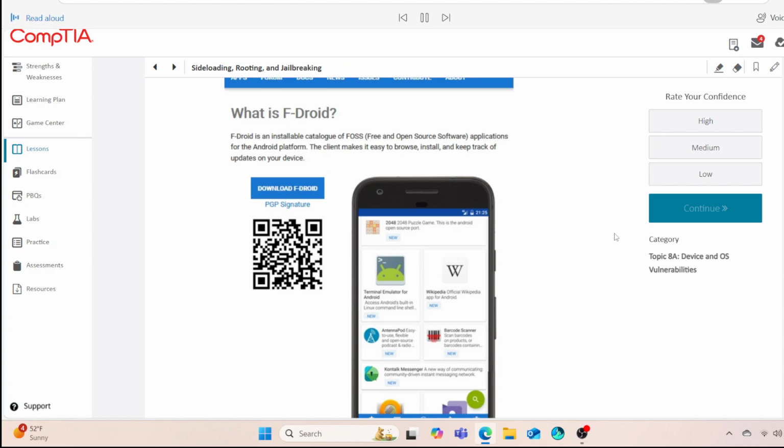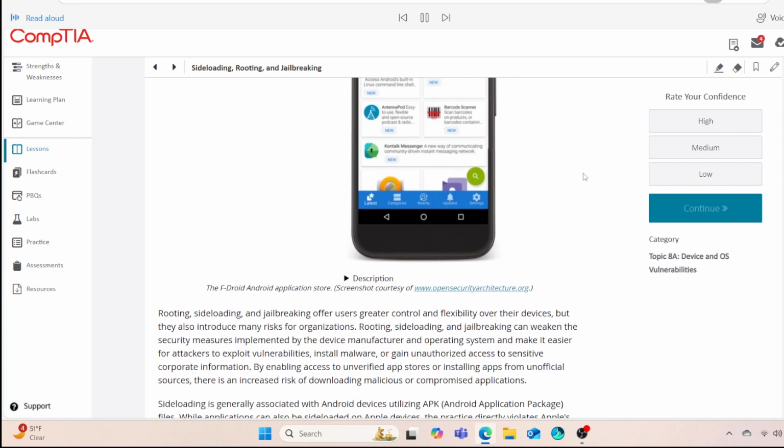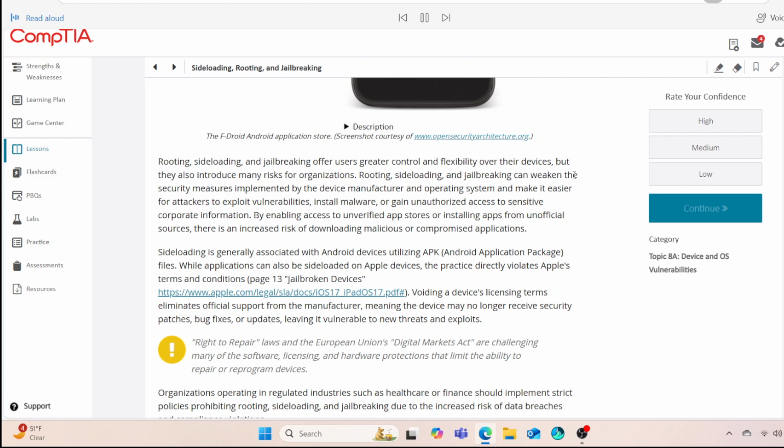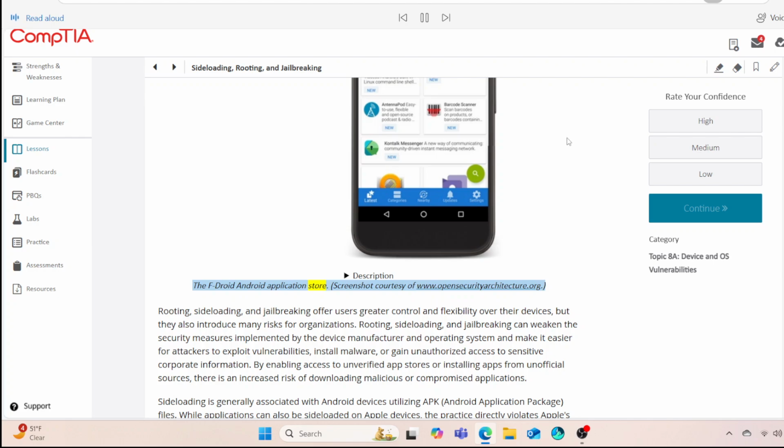A smartphone screen shows the icons for 2048 Puzzle Game, Terminal Emulator for Android, Wikipedia, Antenna Pad, Barcode Scanner, and Contact Messenger. The menu at the bottom reads, Latest, Categories, Nearby, Updates, and Settings. The F-Droid Android Application Store. Screenshot courtesy of